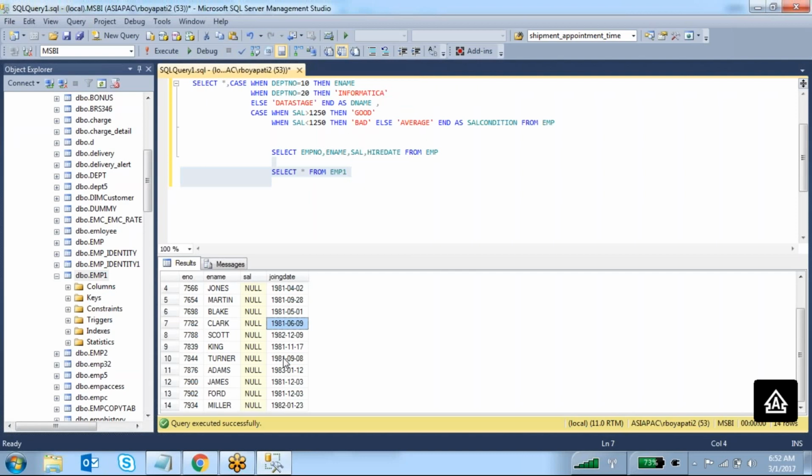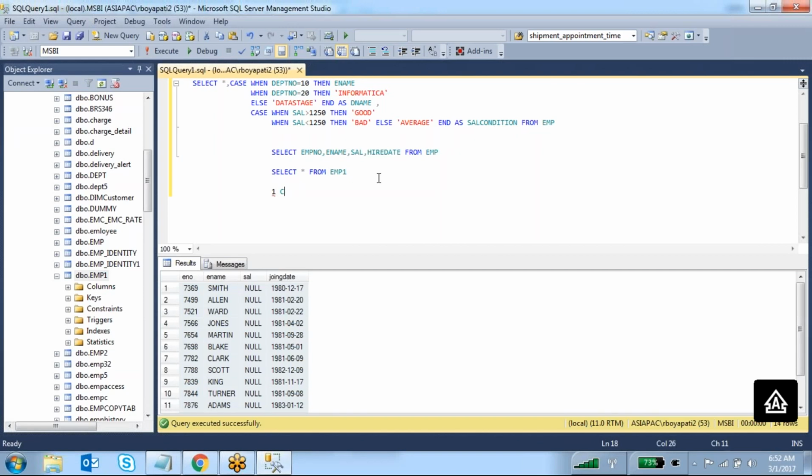Loaded, but the salary is not yet loaded. So there is something wrong. This is not the correct, proper way to load the data, because here you have only 14 rows and you have simply copied the 14 rows. If you have 1 crore rows, is it possible to copy 1 crore rows and edit over here? Definitely it is difficult and you can't do it.